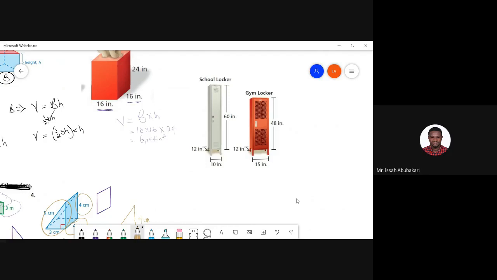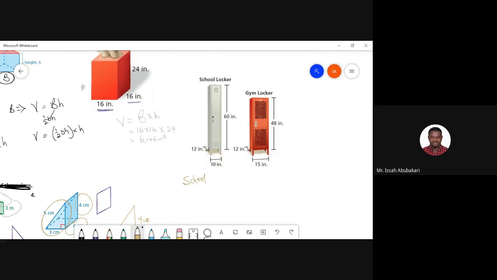Now, before we draw a conclusion, even though you might say that because the base of the gym locker is bigger than the school locker, I'll go for the gym locker, we cannot draw a conclusion without calculating. So let's solve for the volume of these 2. So the school locker,